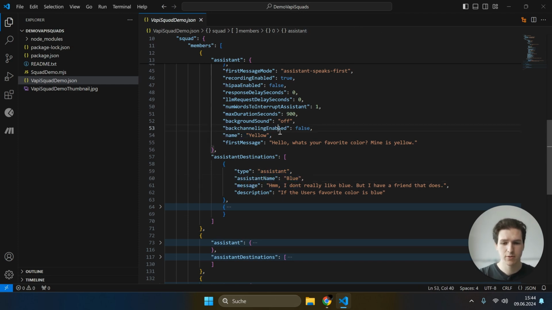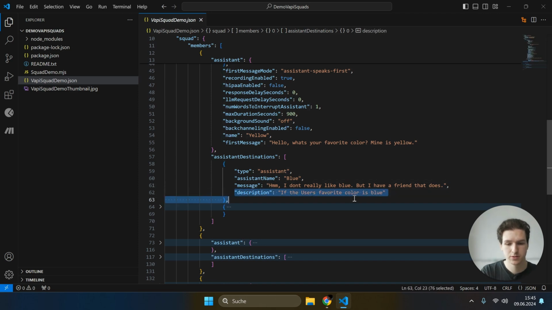Now don't forget to name your assistants, because otherwise this won't work. You need the assistant name in order for the AI to know which assistant to switch to. And the message can be anything you like. And here the description is also an